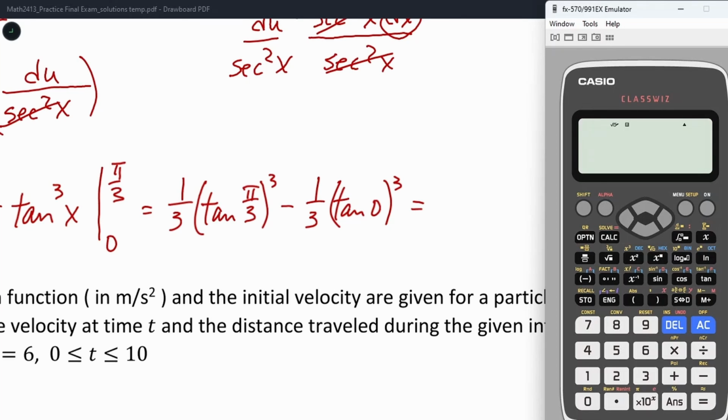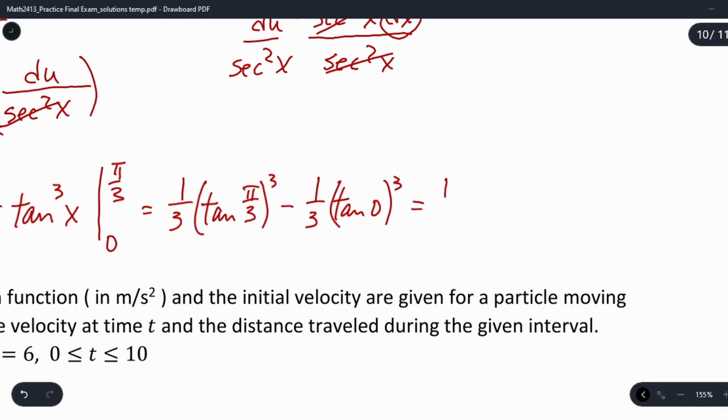What I want to know is, what is tangent of pi over 3 cubed? Well, tangent of pi over 3 is square root of 3, and then that answer cubed gives me 3 square root of 3. So that's going to be 1/3 times 3 square root of 3